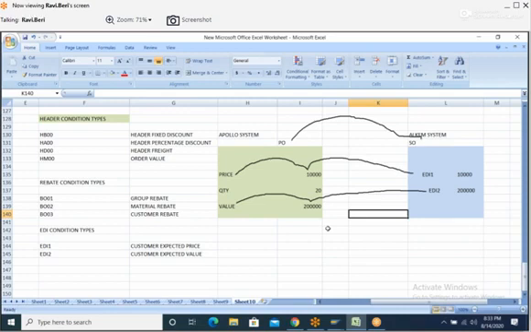EDI is a tool which will help to transfer the documents from one system to another system.